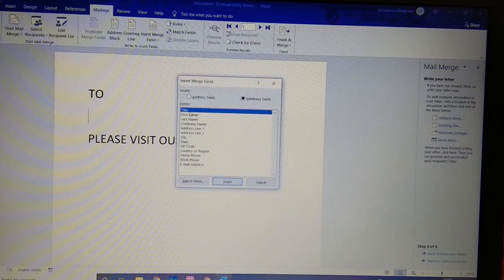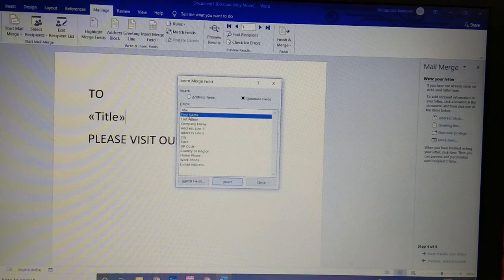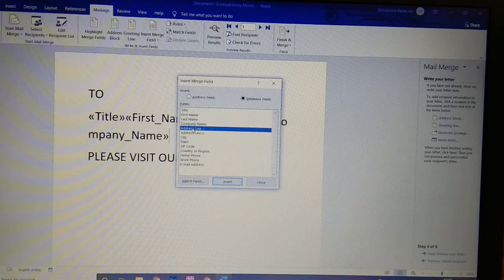Previously, when we were putting the recipient's details, we entered the title, first name, last name, company name and address line 1. So just double click on that: title, first name, last name, company name and address line 1. Click on this close option.